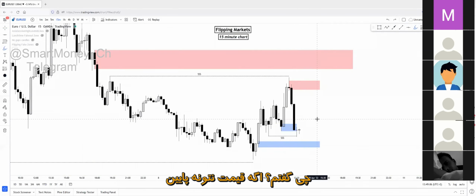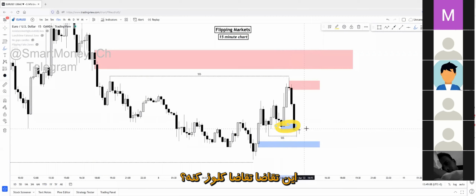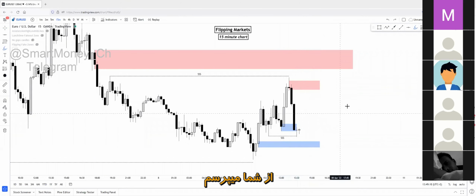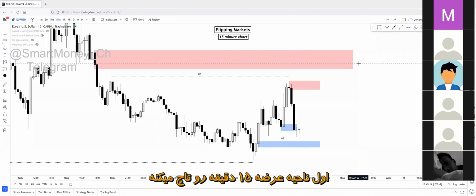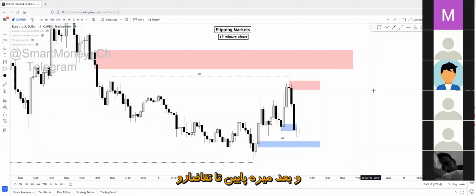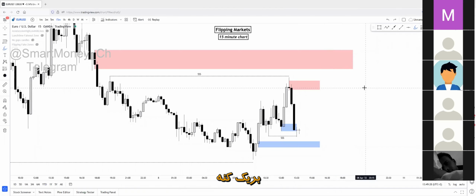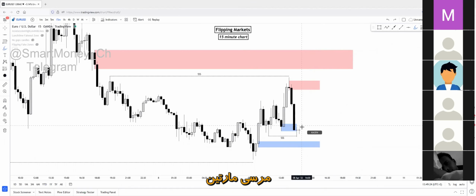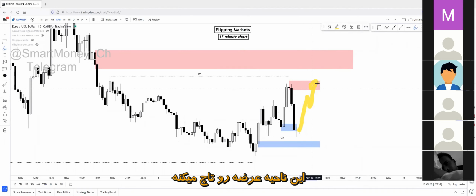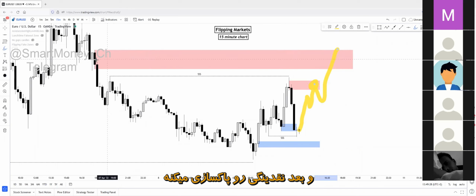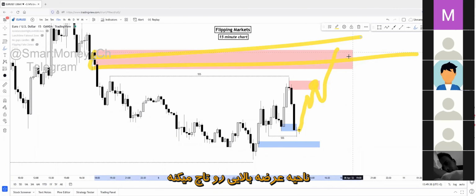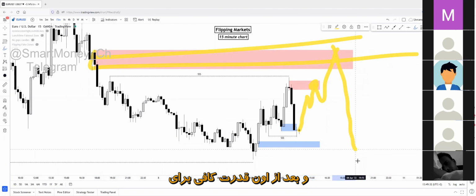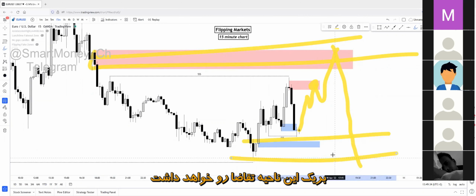What did I say? What will happen if price can body break below this demand zone? I'm asking you. What will happen? It will touch the 50-minute supply and then go lower to break the demand. Not correct. The liquidity sweep. Yeah. Thank you, Martin. Exactly. The touch of this supply will happen. The liquidity sweep will happen. The touch of the upper supply will happen. And after that, it will be able to break below these demand zones.